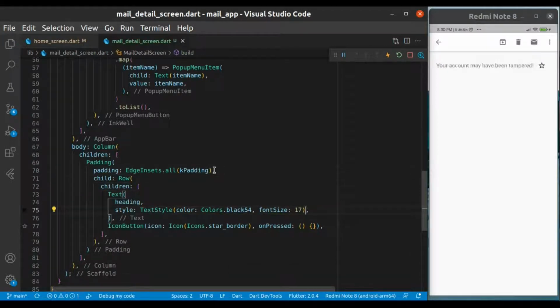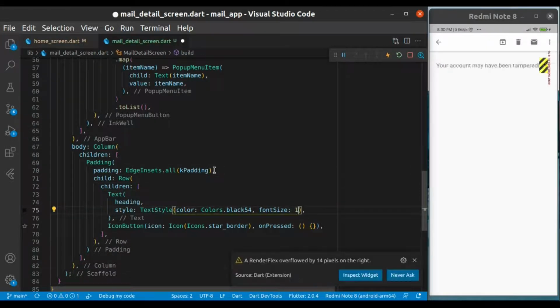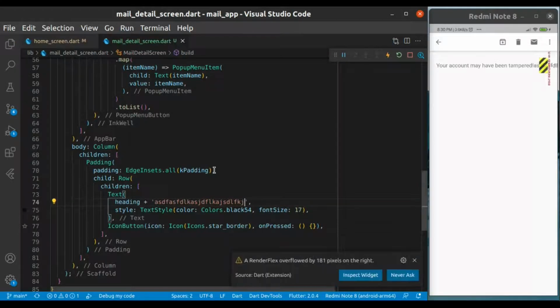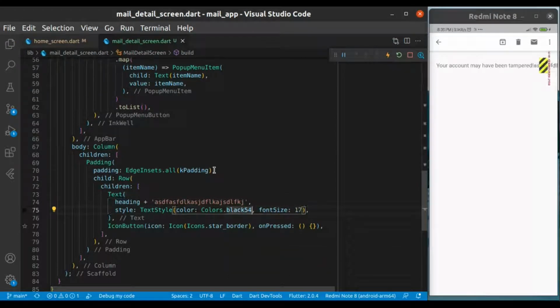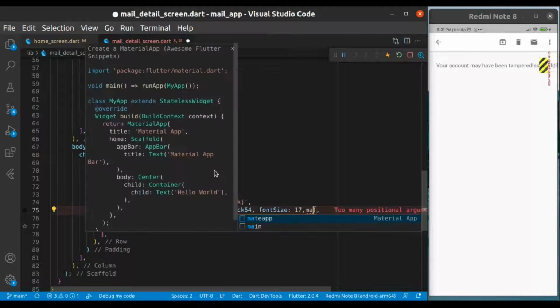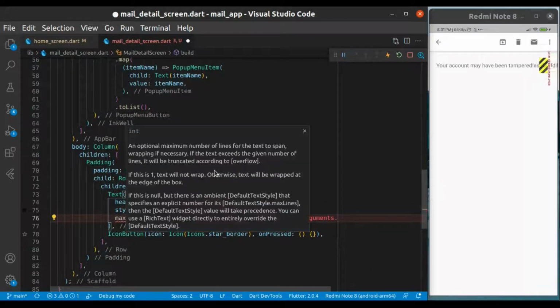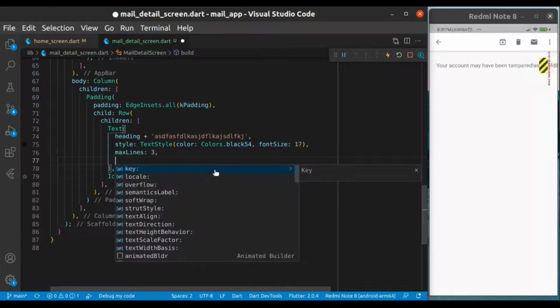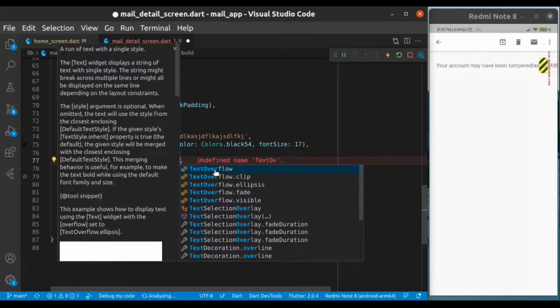This is the value we have assigned in the data.dart file. So now it's showing us an error because if the heading is going to be big, it's going to show us the black and yellow error. So how are we going to tackle this problem? We'll learn by mistakes. Okay, so provide some max lines.